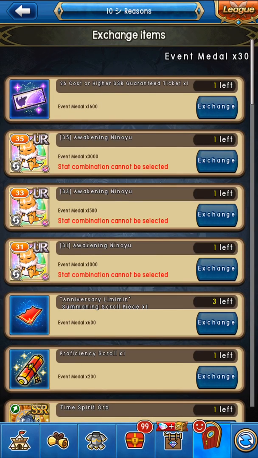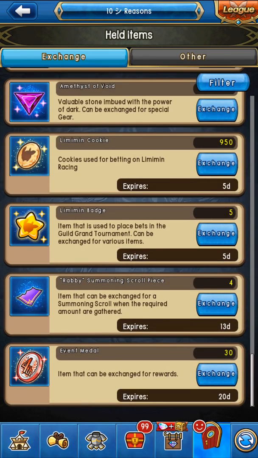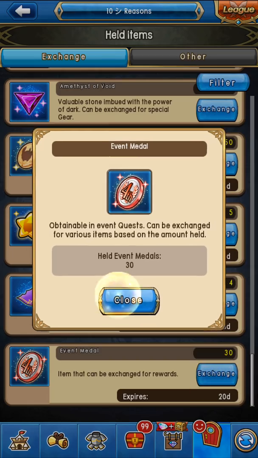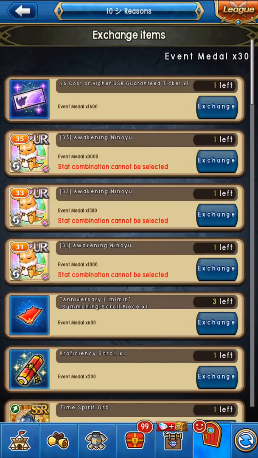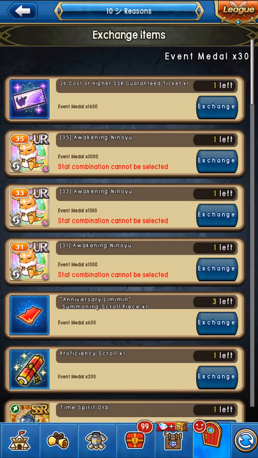And let me tell you right now, I've done Carnage twice. It's 65 AP, and all I've earned doing Carnage twice is 30 medals. So some of these prices they have in here are absolutely crazy. They're just way too expensive. Like, I really want the 35 cost Awakening Mewtwo, but with how many medals they have to offer, because like I said, I've done